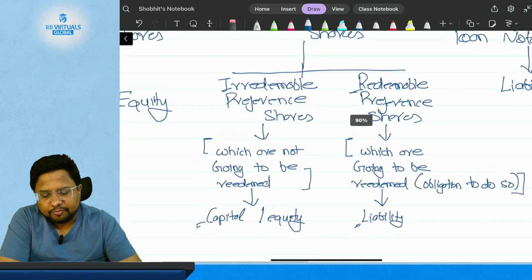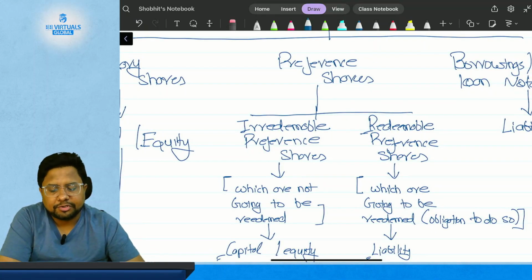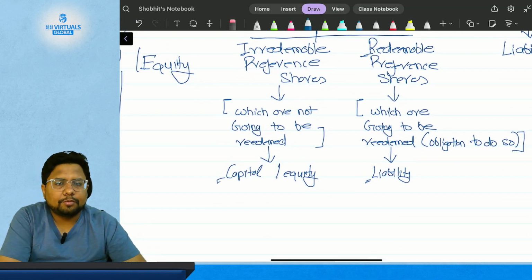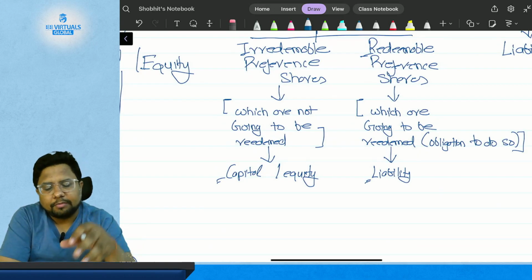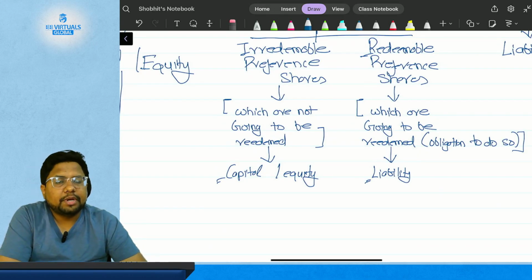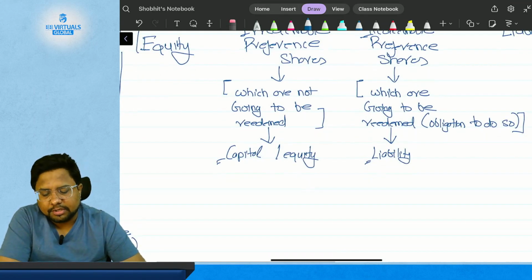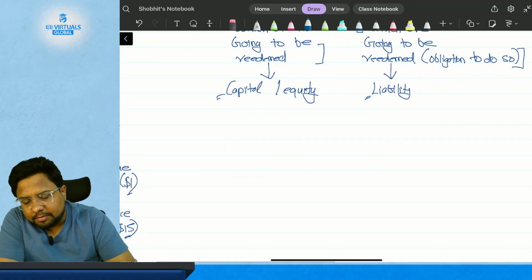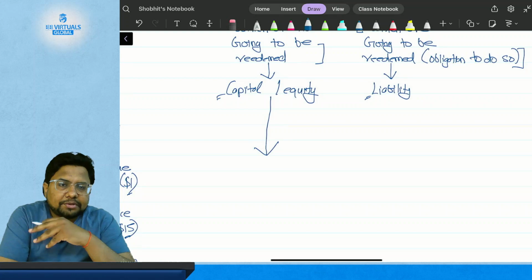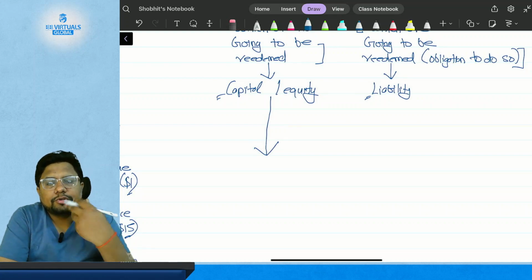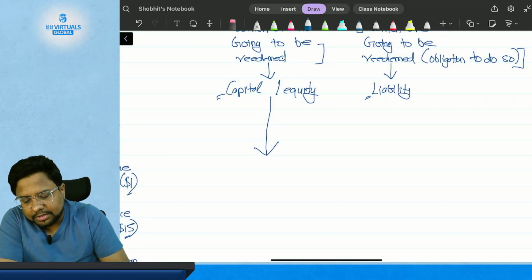Then we have preference shares, in which there are two types: irredeemable and redeemable. When we issue irredeemable preference shares, which are actually the capital and equity of the company, we need to make the journal entry as follows. As with ordinary equity shares, you are issuing the preference share, so you are getting the money here also. So the journal entry will be